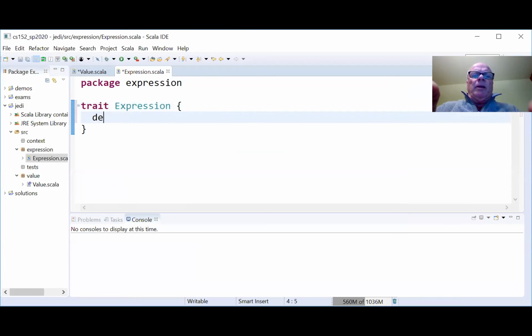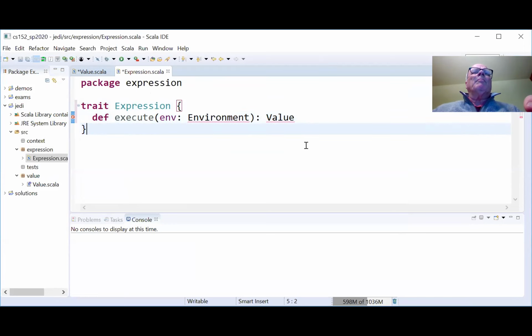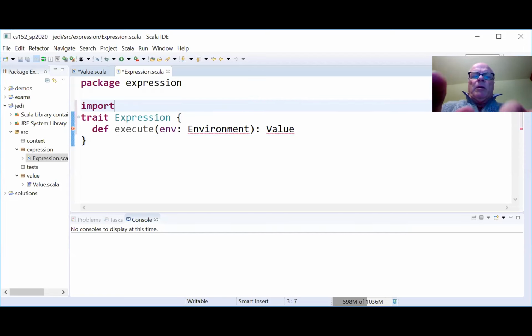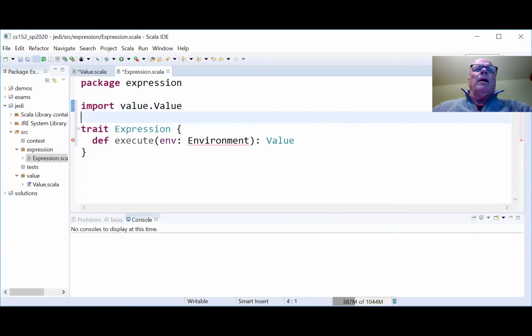And it has in it... now this thing's going crazy here. It says, oh, what is environment with value? So I have to import... so that made it happy.